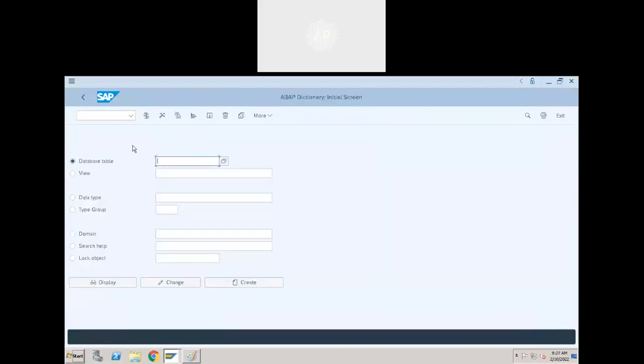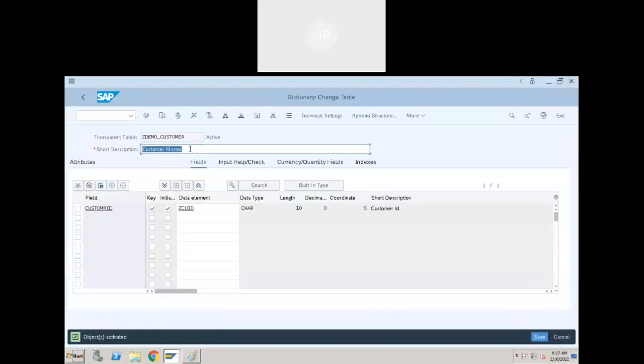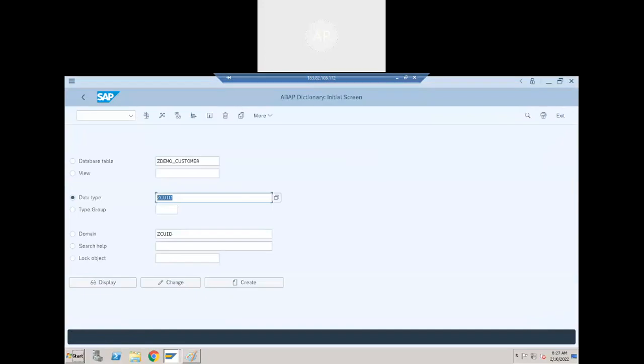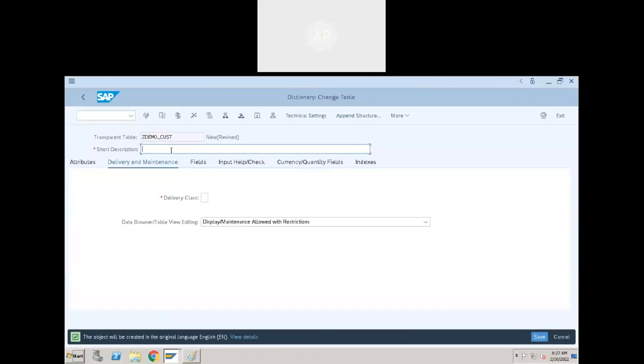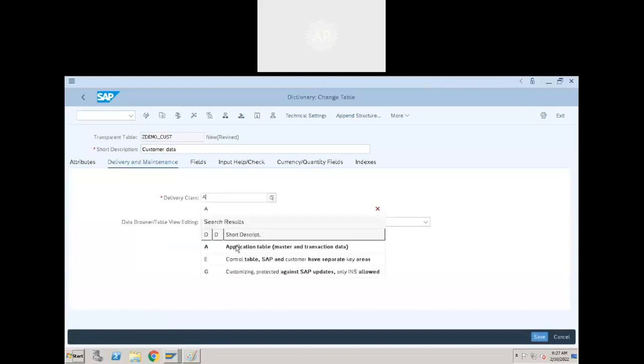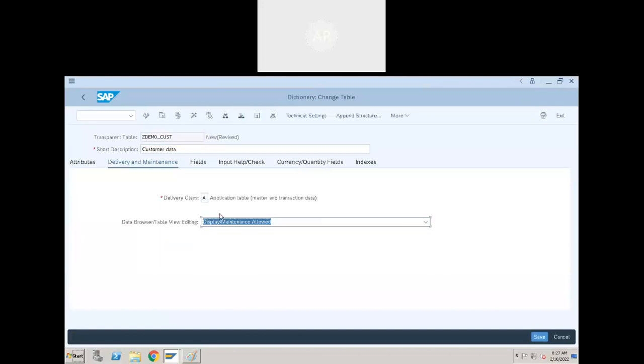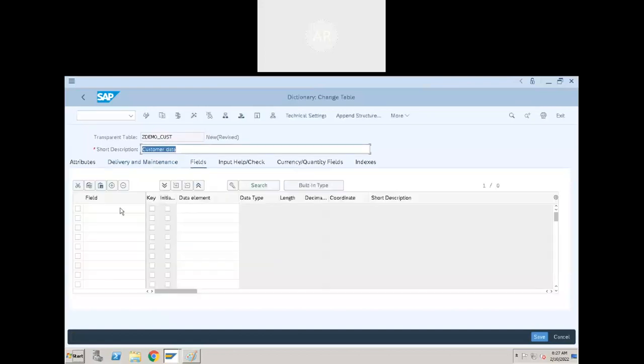Now let's say another user is creating another table. That is ZDEMO_CUST. Okay. For a different purpose. Create the table. This is customer data table. Delivery class is A, that is for application table. Application table is for master data and transaction data. Go to field,